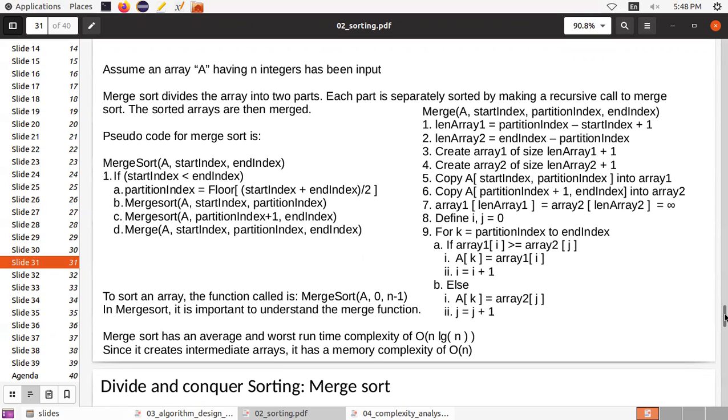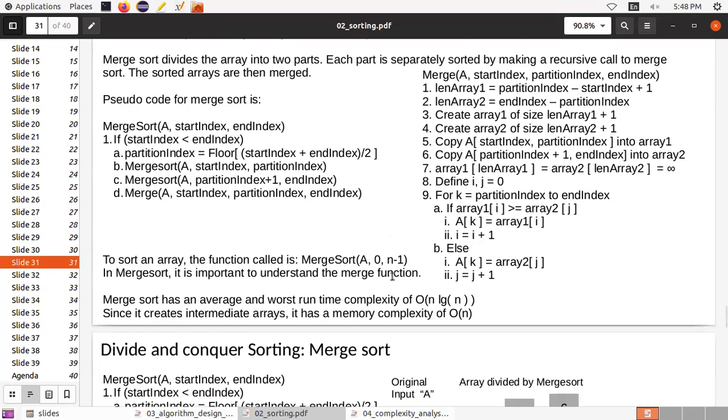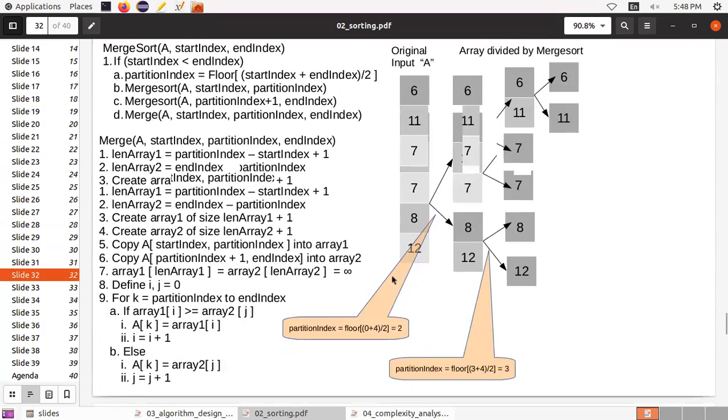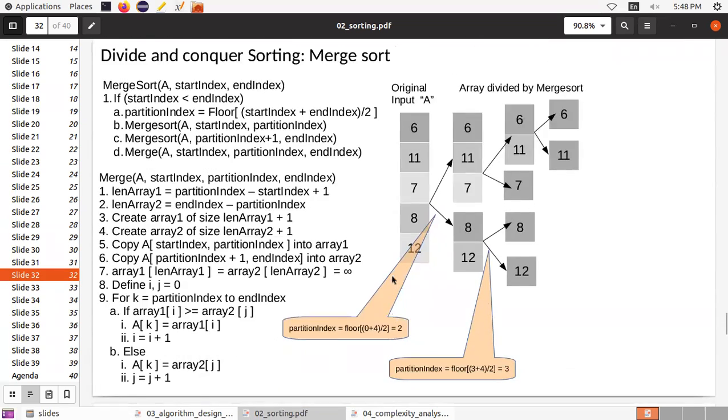Now, Merge-sort is dividing the array into 2 parts, and each part of the divided array is sorted, and then you merge the arrays. Okay. Now let's look at how it would function in the case of a particular sample data set to understand how this code works. Okay. So if this is your input data,